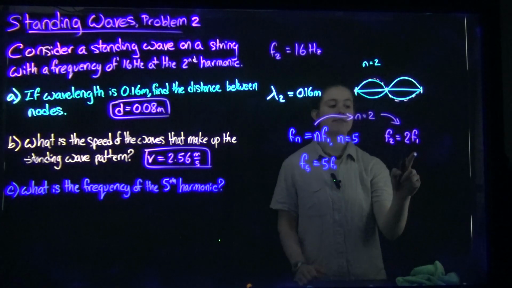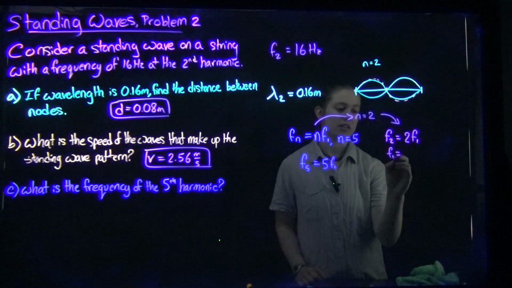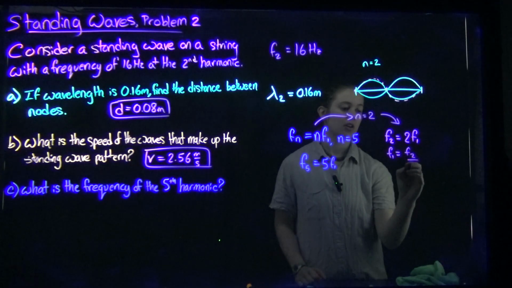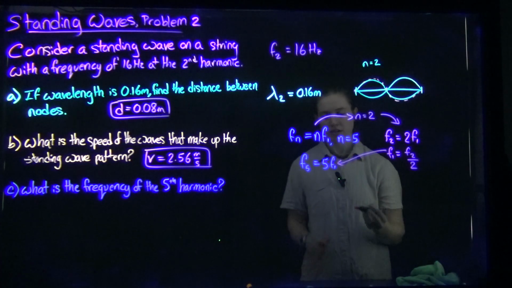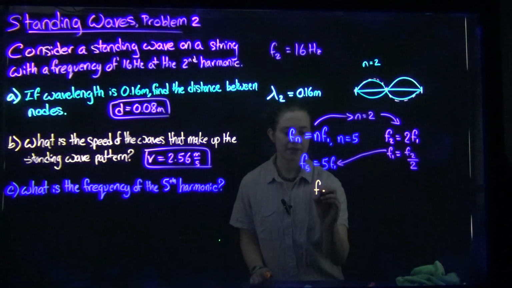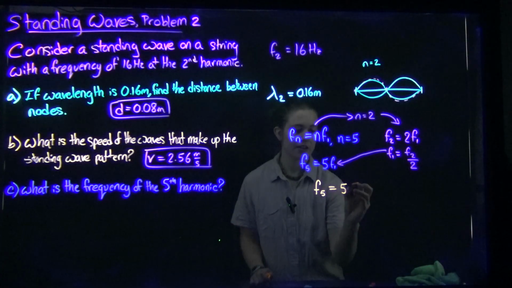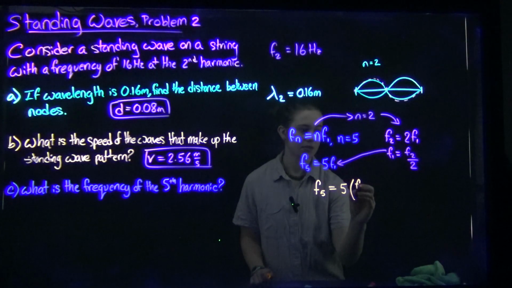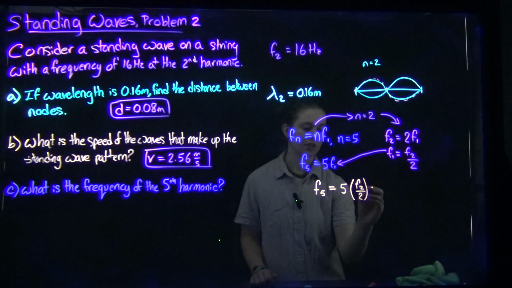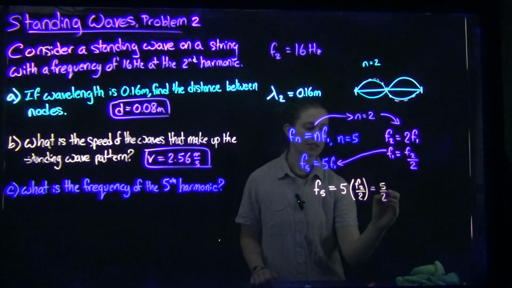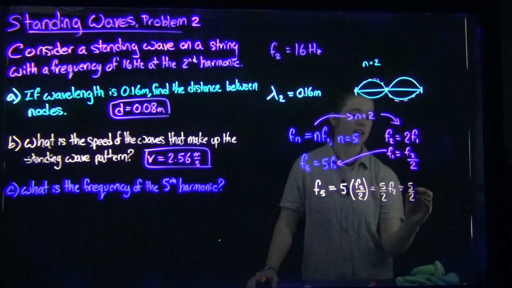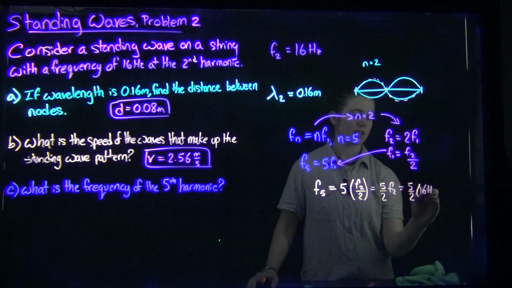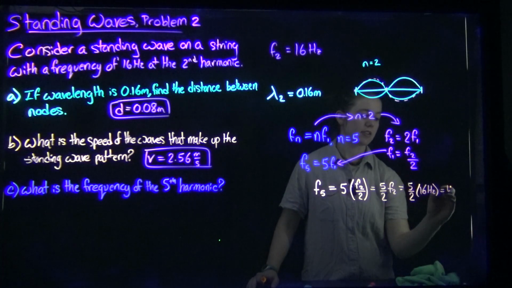So we can solve for F1 here. F1 is equal to F2 over 2. And then let's plug this into the F1 there. F5 is equal to 5 times F2 over 2. That's 5 halves times F2. 5 halves times 16 Hertz, and that is 40